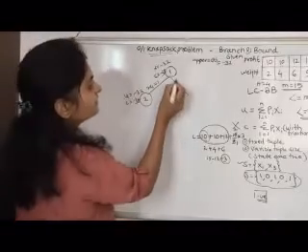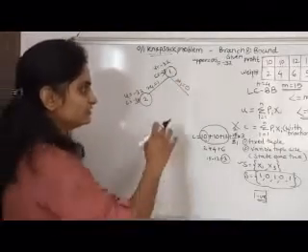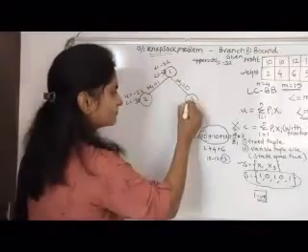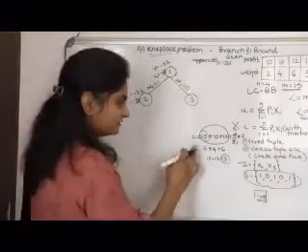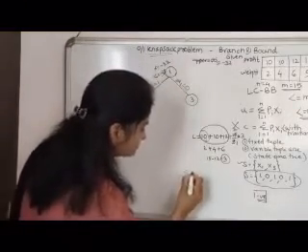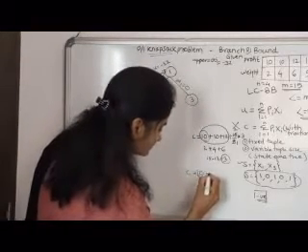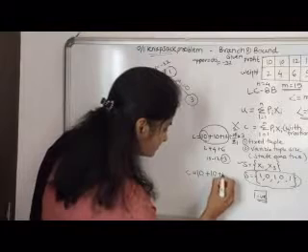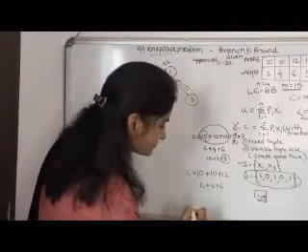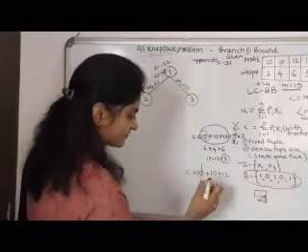Then next, x1 is equal to 0 means do not include the first object here. Then how to solve this? First calculate the cost here. Again C is equal to, first we are calculating the cost here. 10 plus 10 plus 12, here is the weight. Do not include this object, that is the first object.